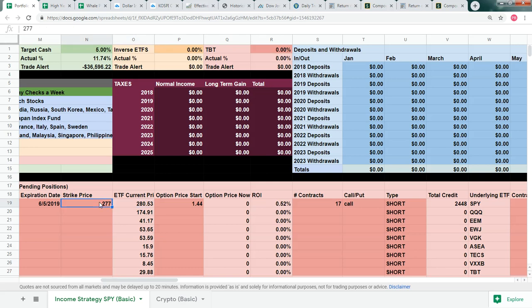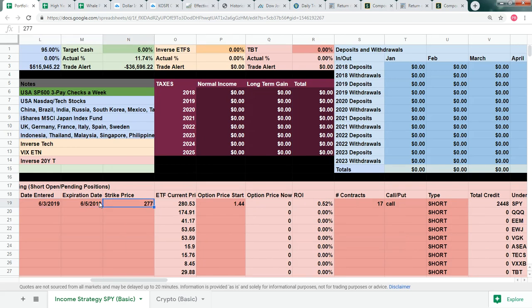We had about 65 cents in profit because we wrote this covered call when the SPY was trading at 276.34, and if we are assigned, which probably we will be, we'll get to keep the $1.44 credit plus about 70 cents of profit between where we sold the covered call and where we agreed to sell our shares at the 277 strike. So we missed out on about $1.50 of the run up today,